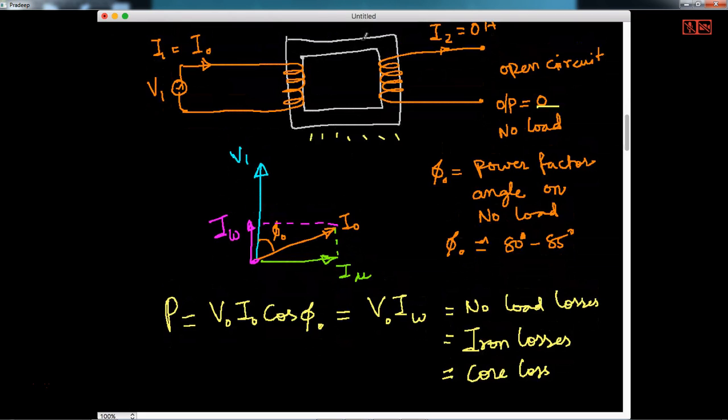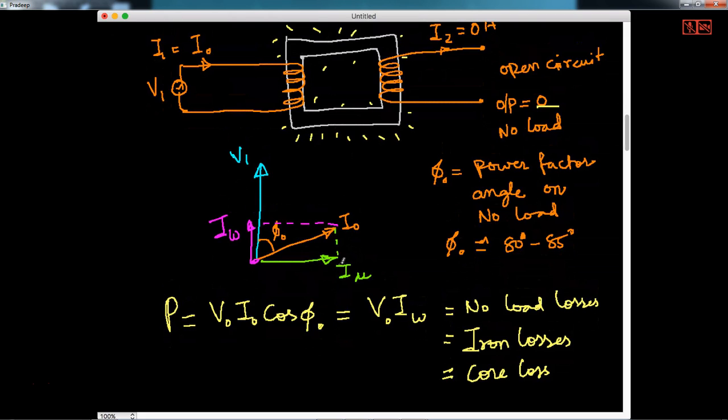So whatever heat energy is released by the core is nothing but the core losses. The core is getting heated, and that heat is nothing but the core losses, which we can measure by connecting a wattmeter at the primary. Finally, what you are seeing here is a very important vector diagram of the transformer on